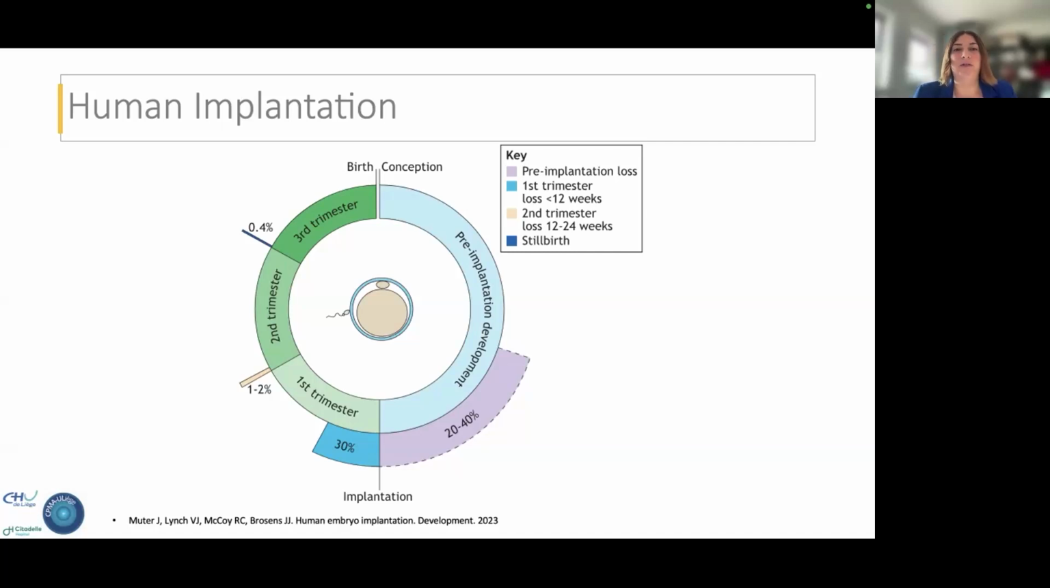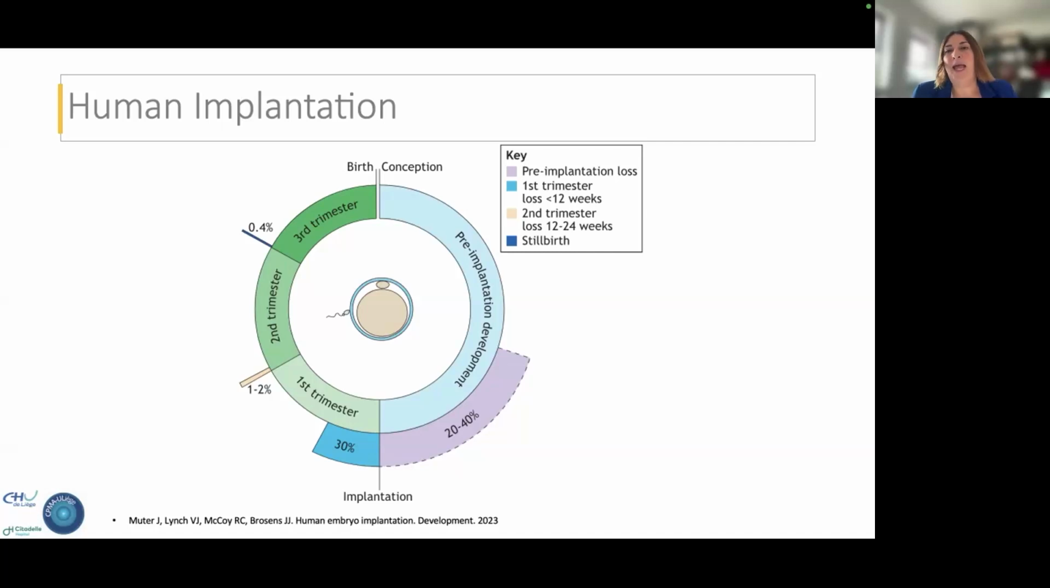with only 40 to 60% of conceptions resulting in live births among young and healthy women. A significant portion of pregnancy losses occurs so early that they go unnoticed, having minimal impact on a woman's reproductive health, while increasing the likelihood of future conception. And the remaining losses manifest as clinical miscarriages, 90 to 95% of which happen within the first 12 weeks of